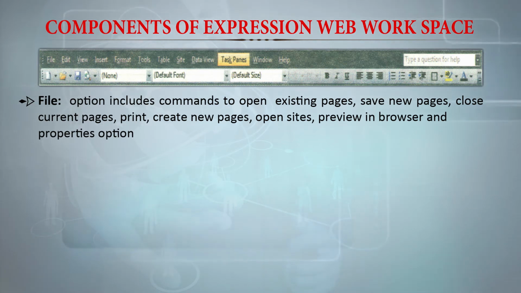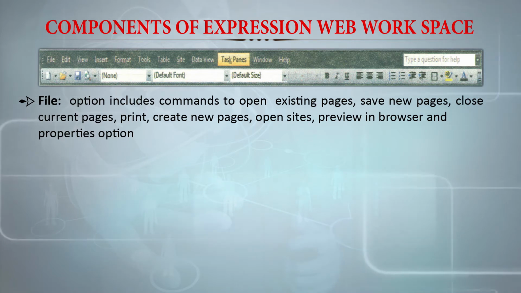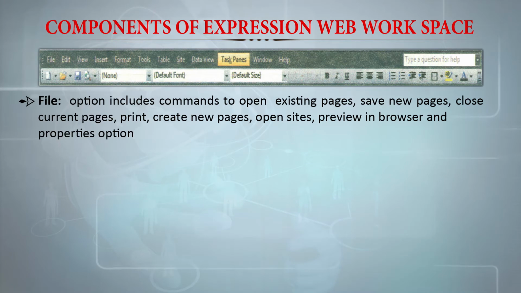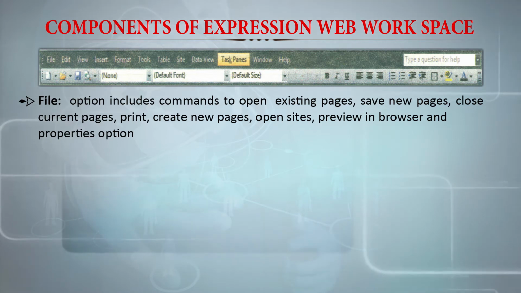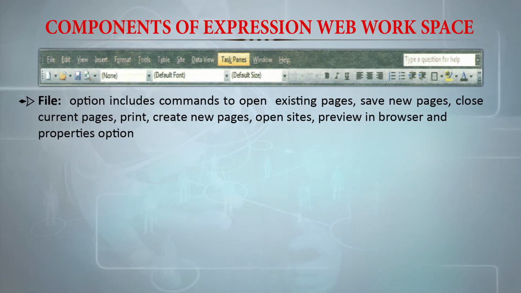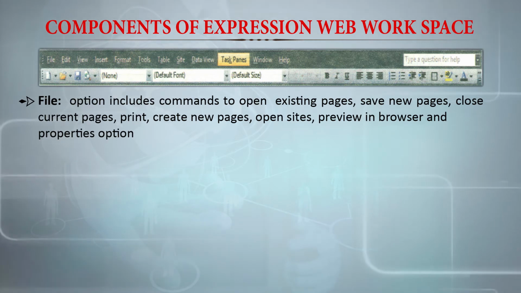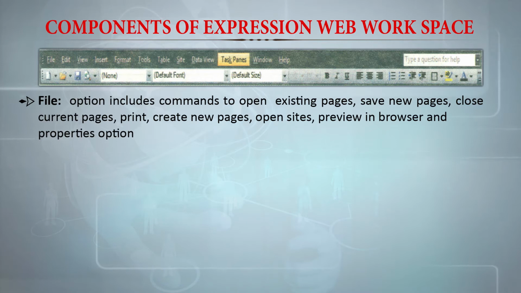So preview means that before taking the final decision about that particular code, you can just have a look in the browser, and in case you like it, then you can finalize it. This is what I said immediately when I started this particular discussion, that you have to run the code in the browser, and in case you are satisfied, then you can go ahead, otherwise you have to change it.